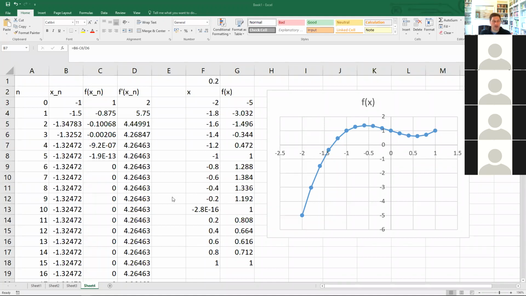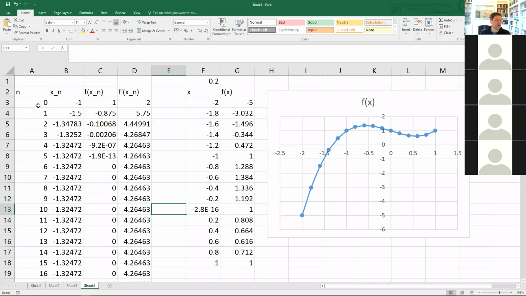In the future, you're likely to do this straight in Excel, and there are many functions that you can use in Excel to do things faster. But what we want you to do is to understand that. So for instance, something I've not looked at today was the solver function in Excel. But for example, if I was trying to solve this equation,